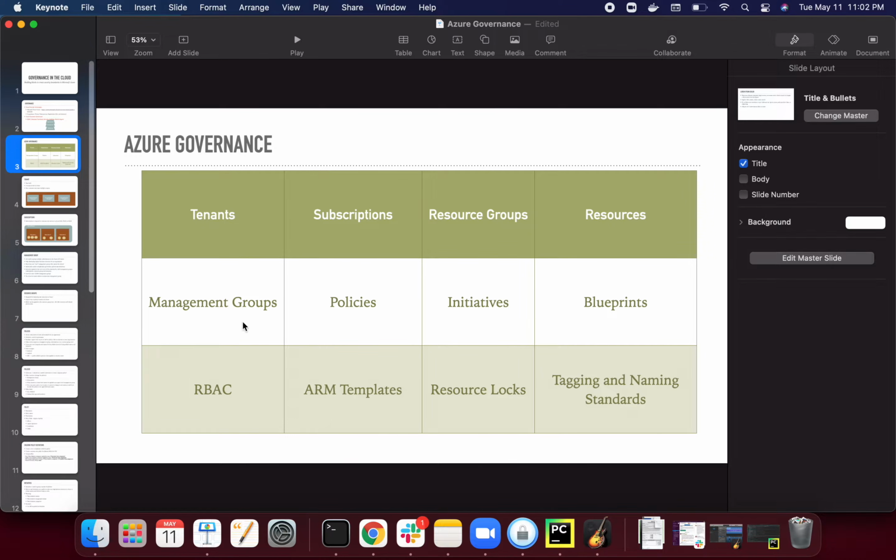Again, management groups you would use to group a whole bunch of subscriptions to manage them properly and even uniformly apply policies. Governance policies you will apply will trickle down to all the subscriptions that belong to one particular management group. Typically, once you have a whole bunch of policies, you would like to group them in initiatives and apply those initiatives to one management group. That management group will eventually apply all the policies to all of the subscriptions that are children of this particular